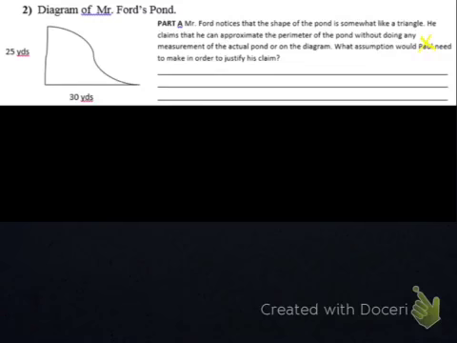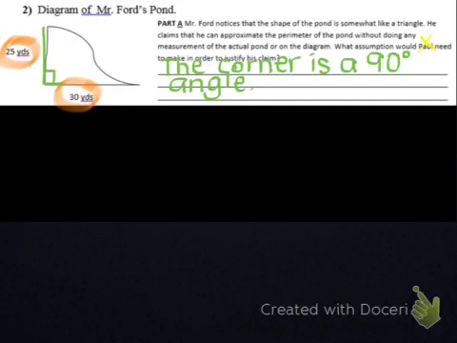So we are given some basic information here. We're given this side right here is equal to 25 yards and this side is equal to 30. Other than that, we don't really have anything to work with. So what would we need to assume in order to be able to work with this? Well, the first thing we would need to assume is that this was a 90-degree angle, because then we could use the Pythagorean Theorem to figure out